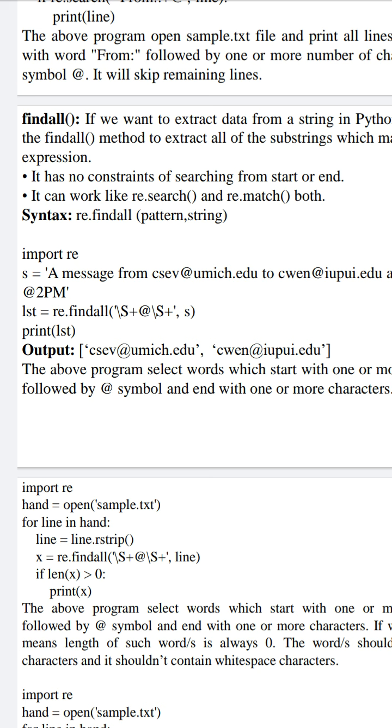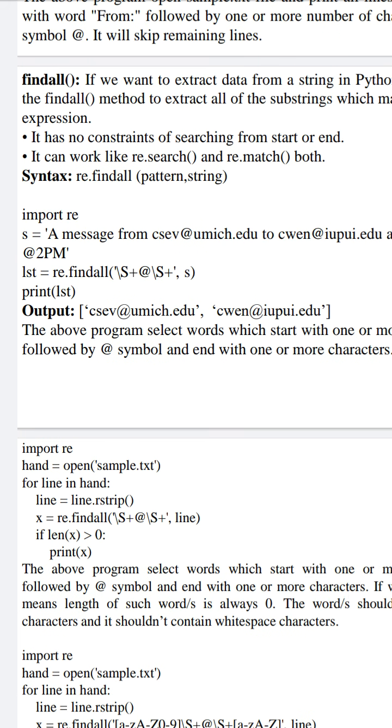After that we are calling the findall function, and if you observe, \S is used to extract non-white space characters, and we are applying the plus symbol. A minimum of one character should be present before the @ symbol, and after the @ symbol again a minimum of one character should be present in the search. It will extract only those words which start with characters followed by the @ symbol, and again end with one or more characters.